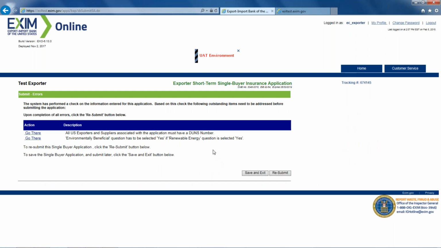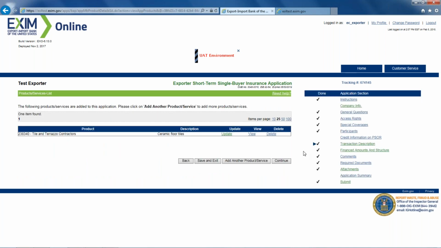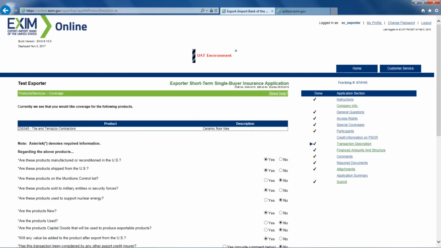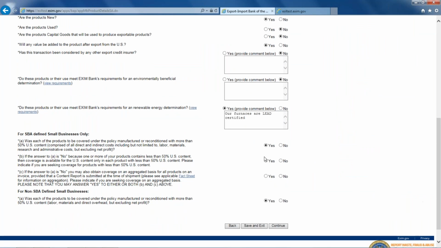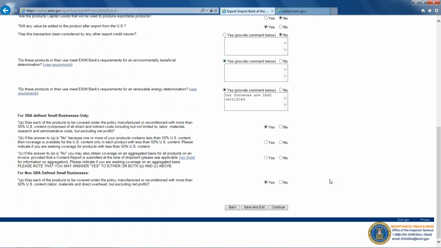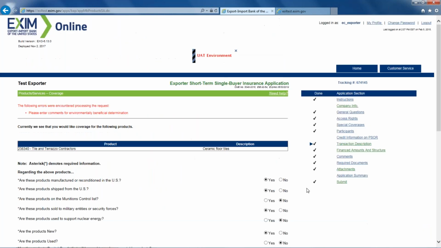You didn't hit continue, so it didn't save your. Oh, okay. Another good lesson learned here. Where did we say it was? Yeah, just hit continue. There you go. So I changed my answer, but I didn't continue, which didn't save it, and I didn't save and exit either. So you can see it's defaulted back to no here. So this is actually a good lesson in some of the nuances of how Exim Online works. If you do go back and change something, you're going to want to press continue or save and exit to save the information.